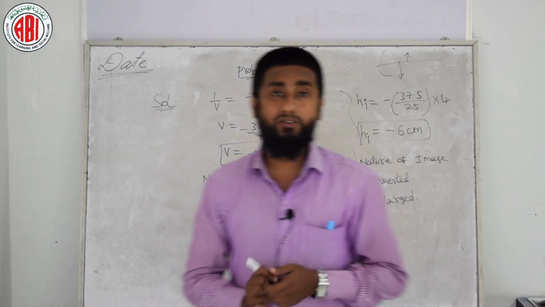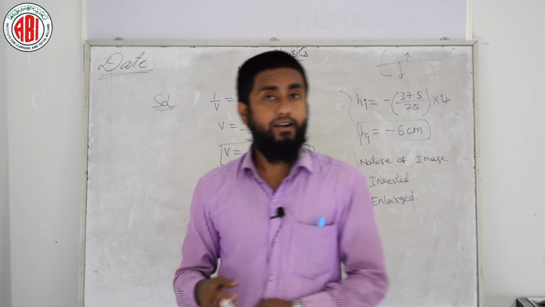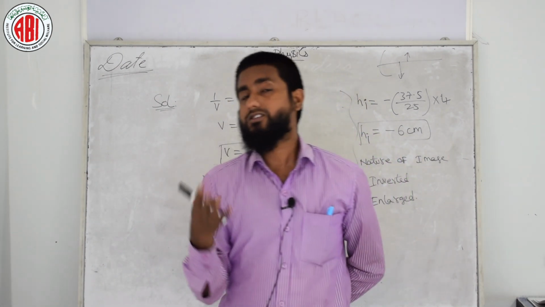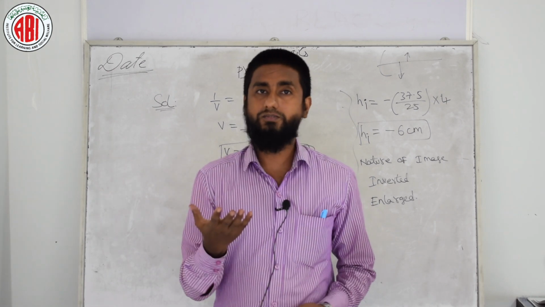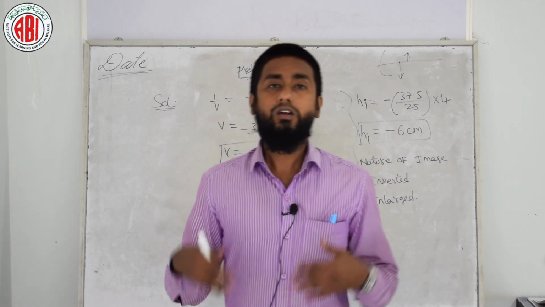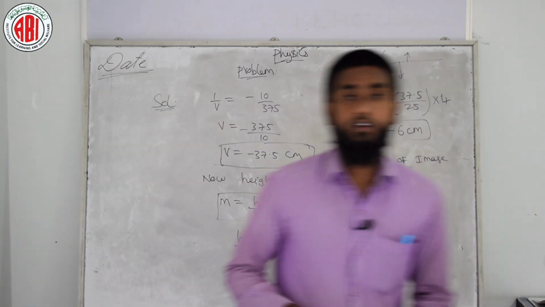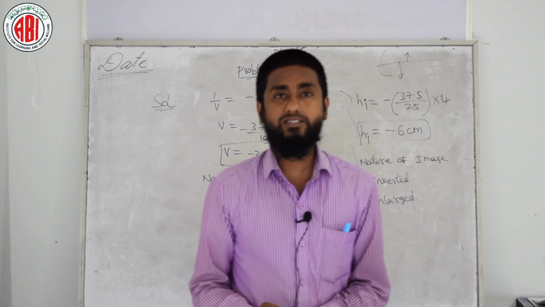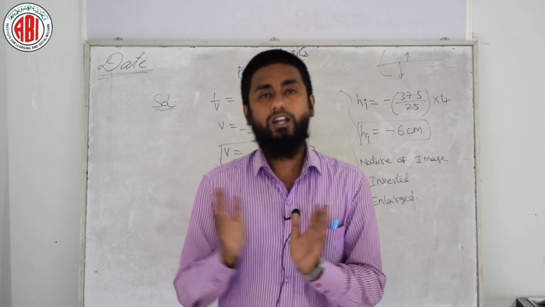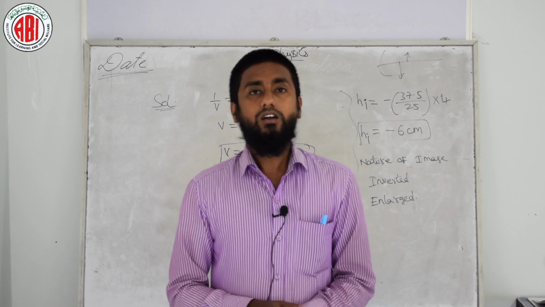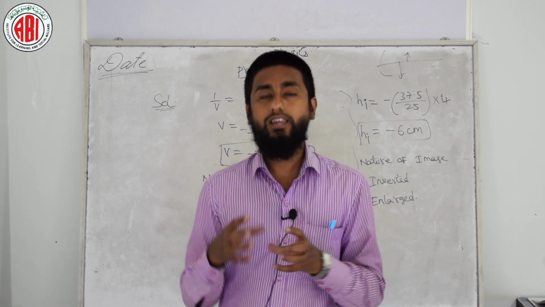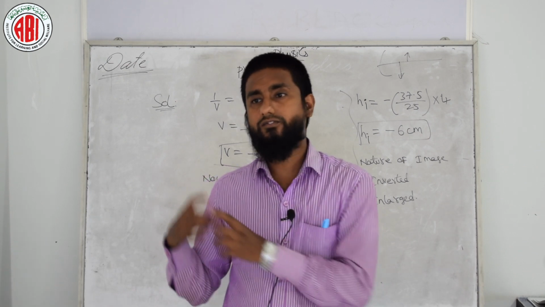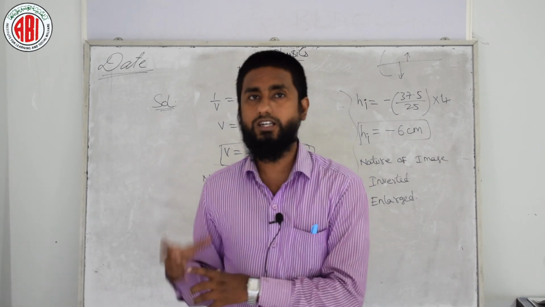So this is a sample problem I explained to you, but I am placing few important questions of the first chapter. In that first chapter important questions you will get 4 problems. You need to solve those 4 problems on your own. Now I am placing the diagram showing how an image is formed by a concave mirror and how an image is formed by a convex mirror. You need to see this on screen. You will get the pictorial representation of how a concave mirror forms an image and how a convex mirror forms an image.